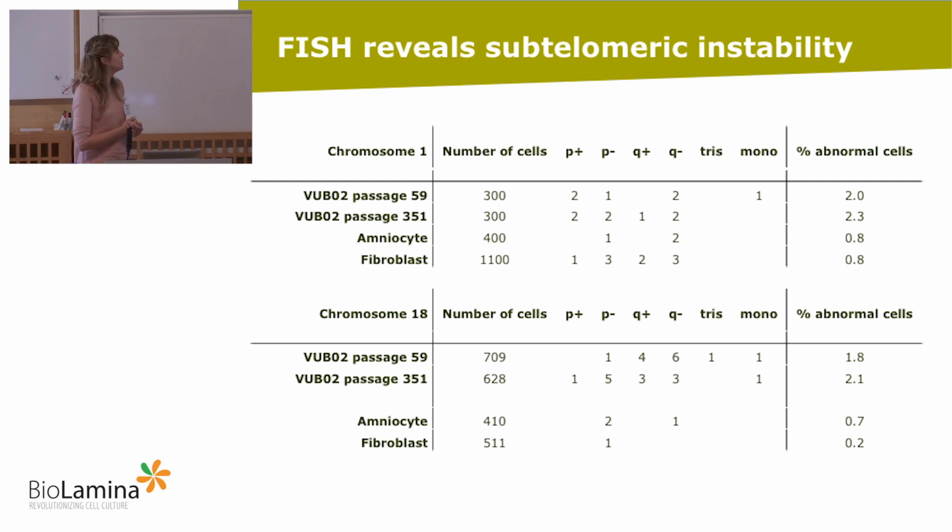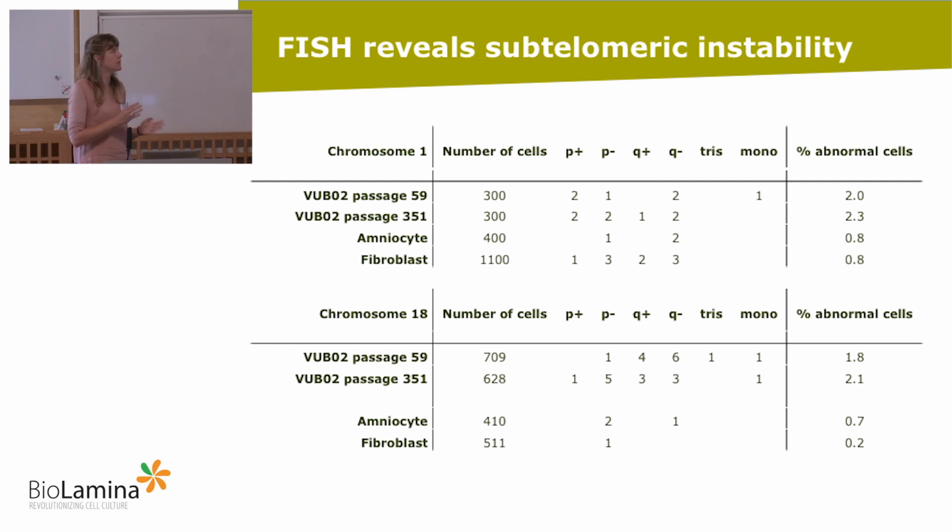So my first take-home message for you is that human embryonic stem cell cultures, and most likely induced pluripotent stem cells, form low-grade mosaics of chromosomally abnormal cells in culture. Most of these abnormalities, in fact, are segmental gains and losses. They're not trisomies or monosomies, and there appears to be an increased instability of the subtelomeric regions.